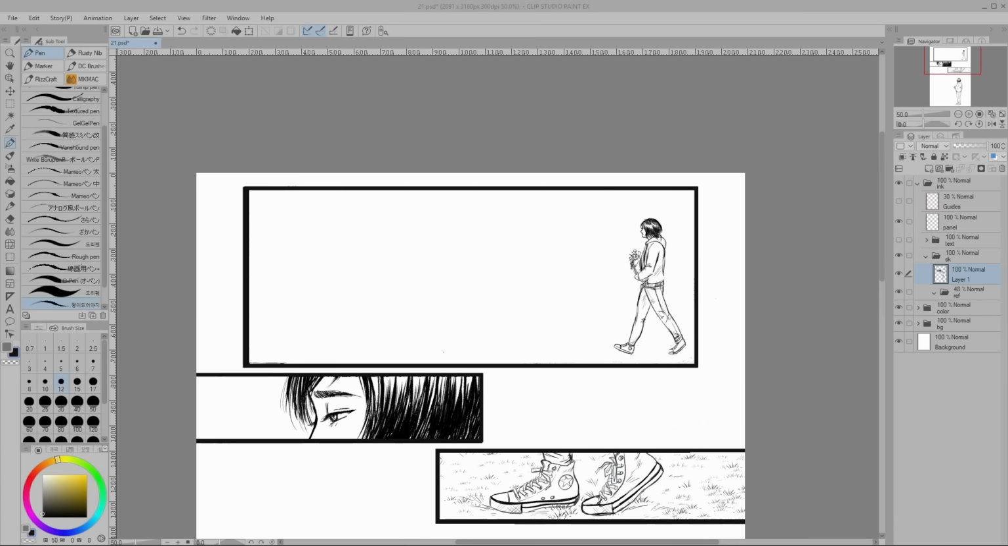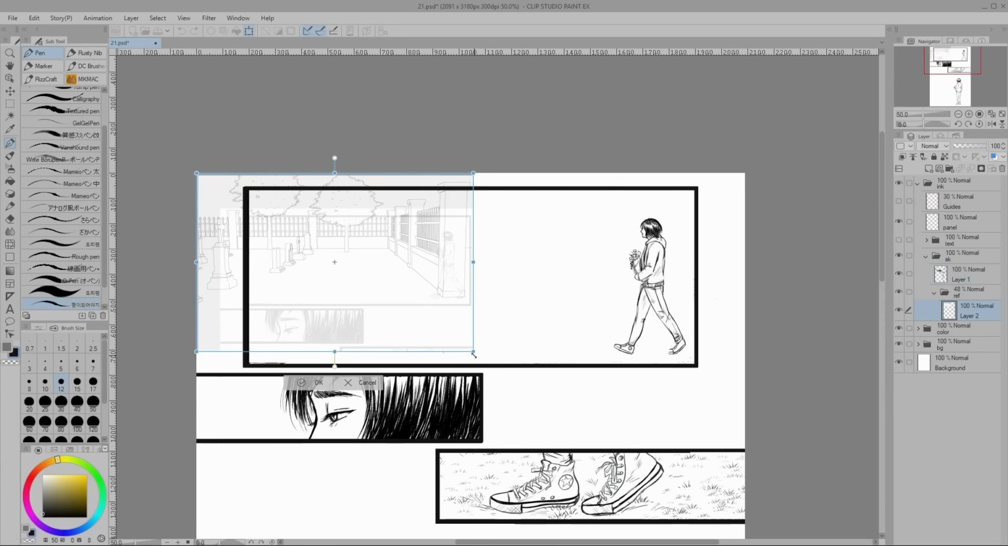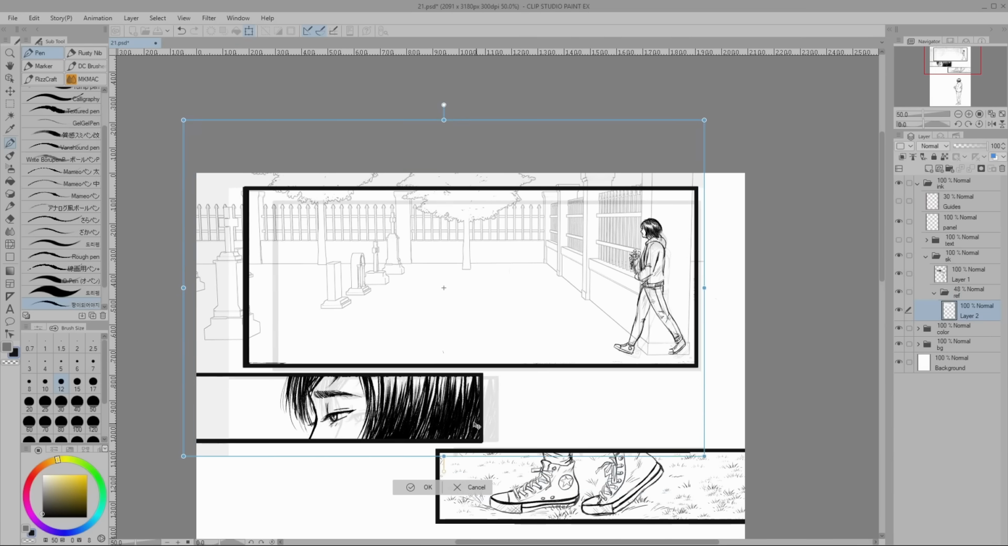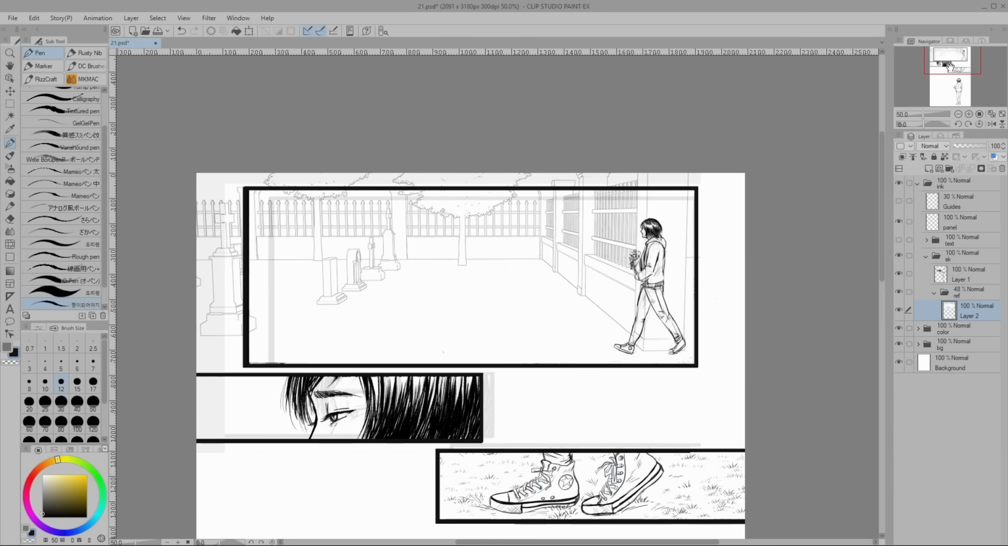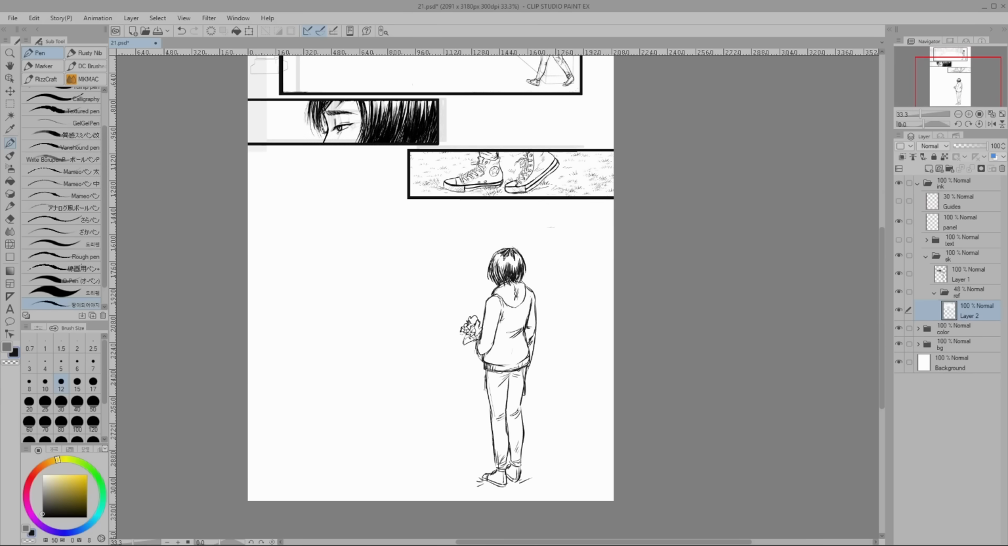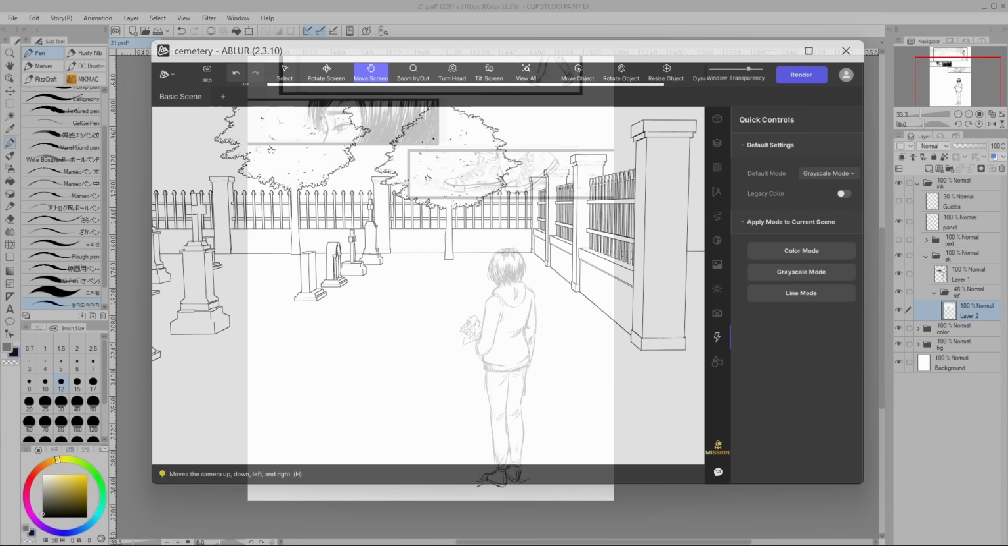But SketchUp, in comparison, is really powerful but more technical. And there's a steeper learning curve and more tools to understand. So if your priority is speed and simplicity, then ABLUR definitely wins this category. Part 2, price and accessibility. This is another ABLUR win,